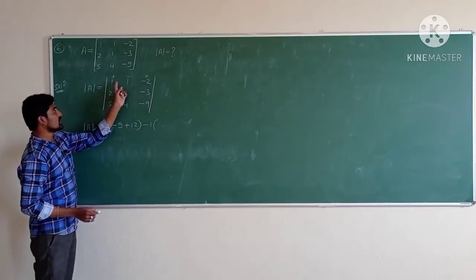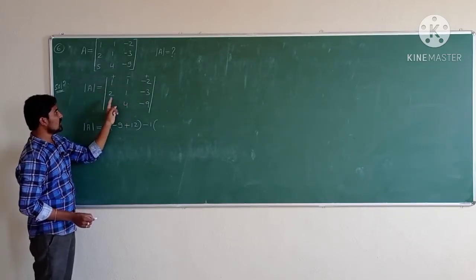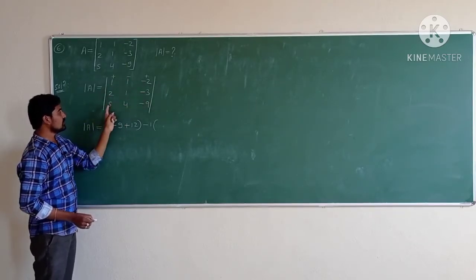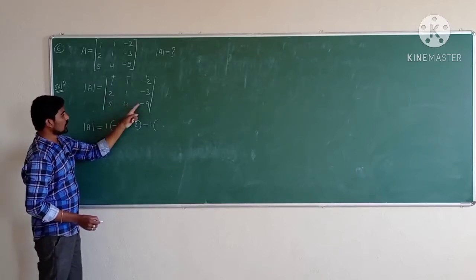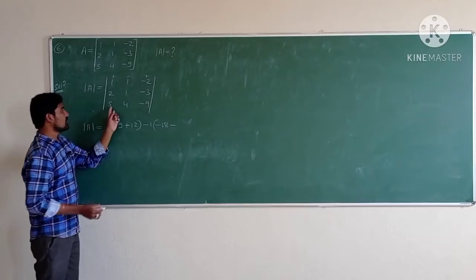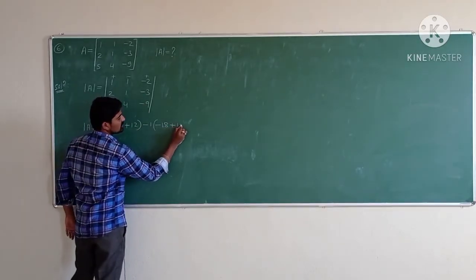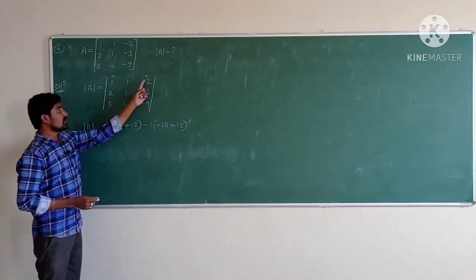This 1 is present in first row, second column. After deleting this first row, second column, the remaining elements are 2, minus 3, 5, minus 9. 2 into minus 9 minus 18, minus 5 into minus 3 minus 15, minus into minus plus 15, plus into